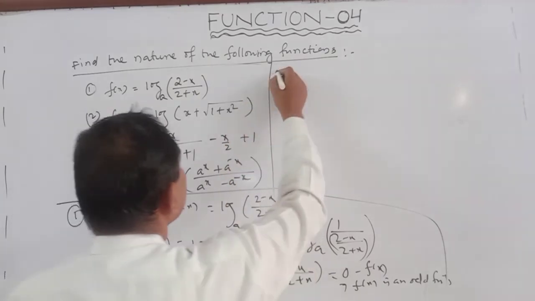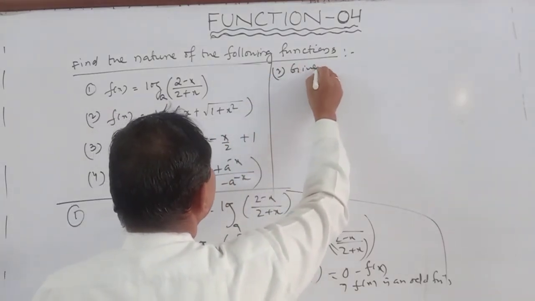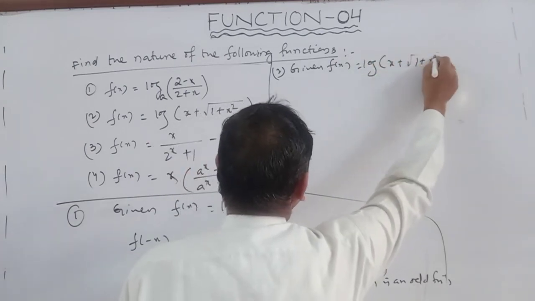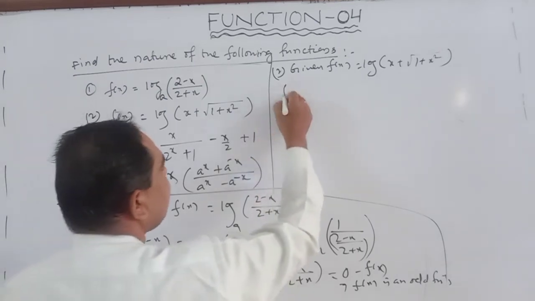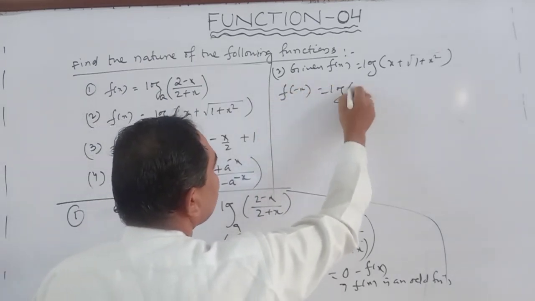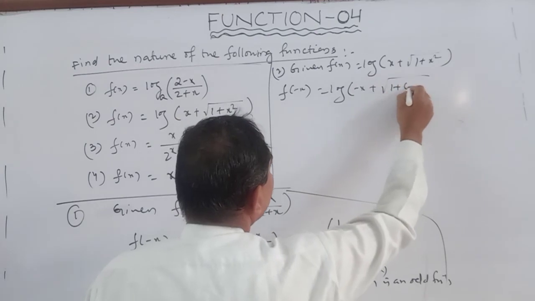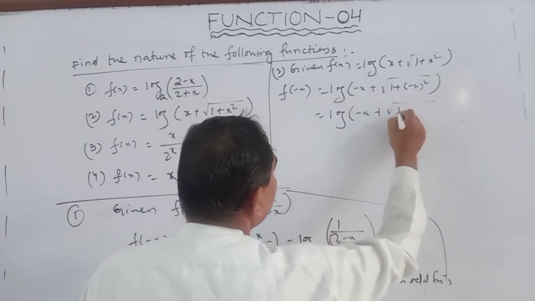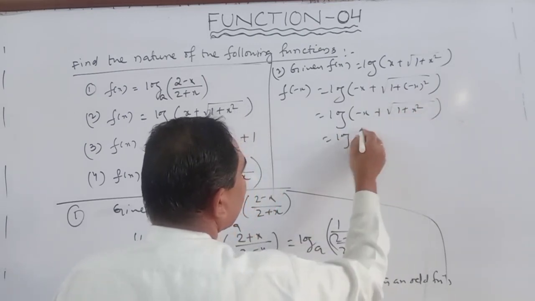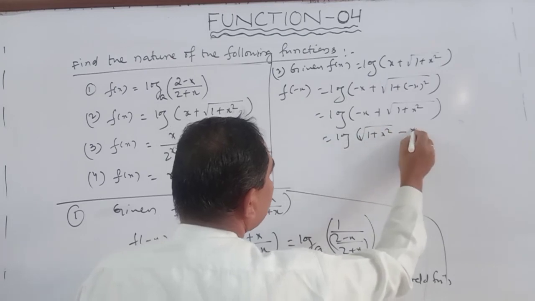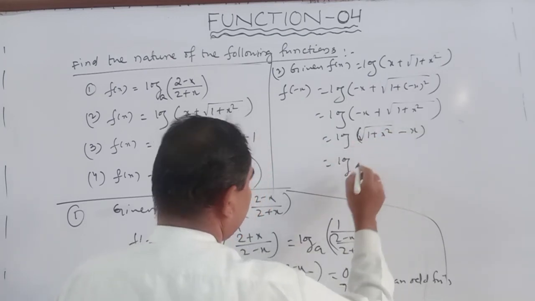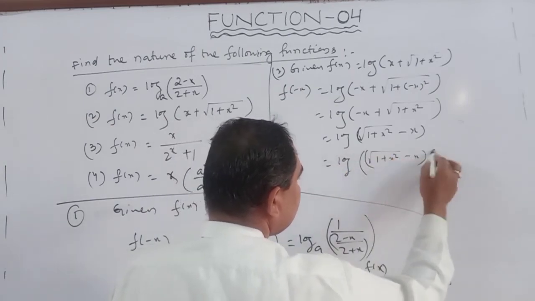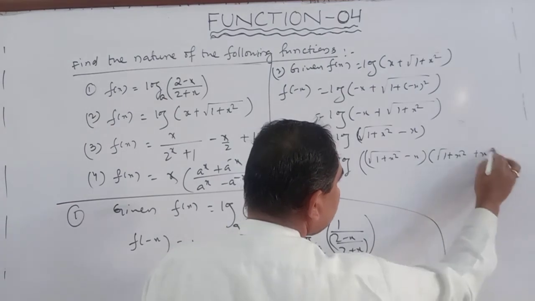Next, second one: given f of x is equal to log of x plus square root of 1 plus x square. So put x equal to minus x. So log of minus x plus root 1 plus minus x whole square is equal to log of minus x plus root 1 plus x square, is equal to log of root 1 plus x square minus x, into root 1 plus x square plus x divided by root